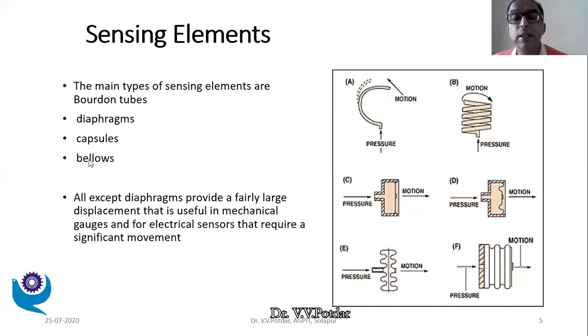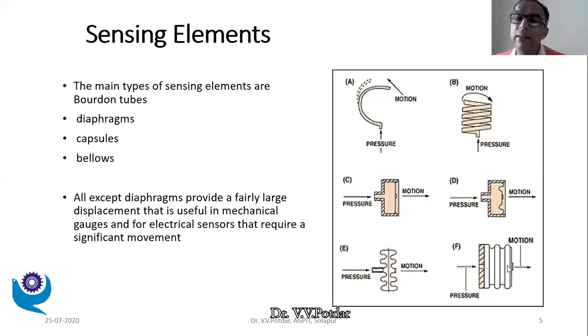The third variety is the bellows. Now bellows, once again similar. These are made up of hollow elastic members, sometimes rubber members. You must have observed rubber bellows. So with application of pressure on one end, the bellows expand, and I will get motion of the other end of the bellows. So one variety, and this is the flat end type bellows.